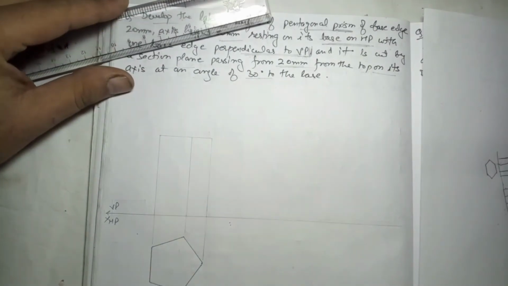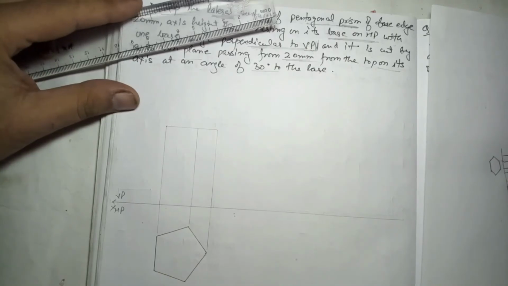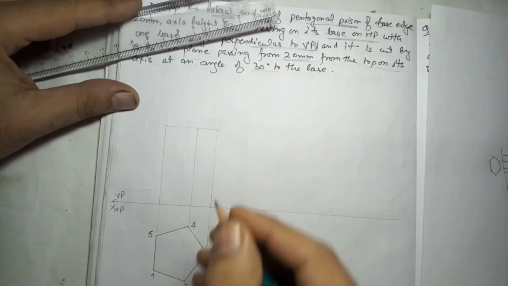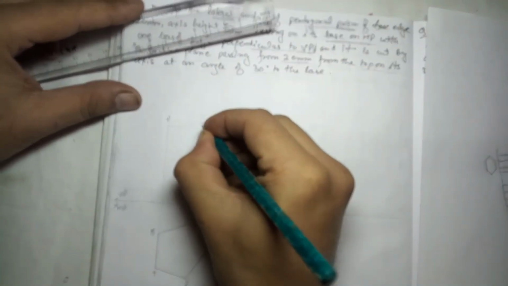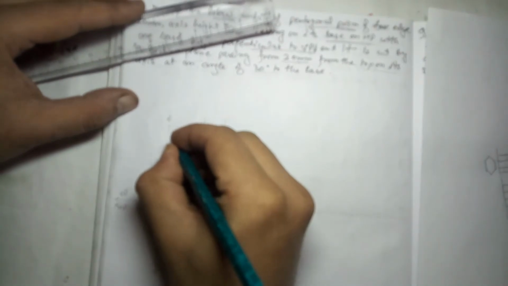Like this. Right, now we will do the numbering. I told you how to do the numbering. Start from the extreme left corner, so we will start from here. 1, 2, 3, 4 and 5, so they will come at the top. 1 dash outside, 2 dash outside, 3 dash outside. We have explained this in the previous video. So 2 and 4 overlapping, but 4 will be inside. 1 and 5 overlapping, but 5 will be inside with the dashes as front view.